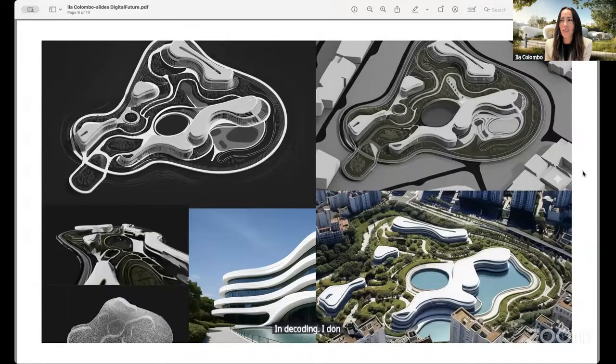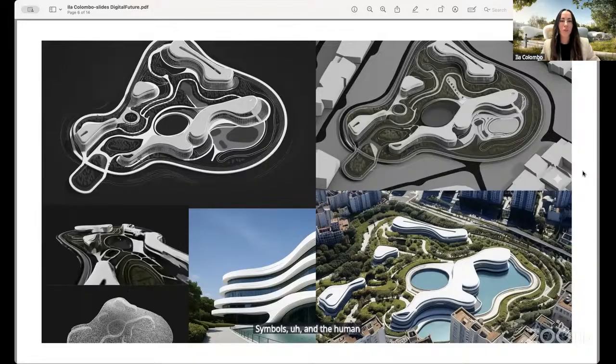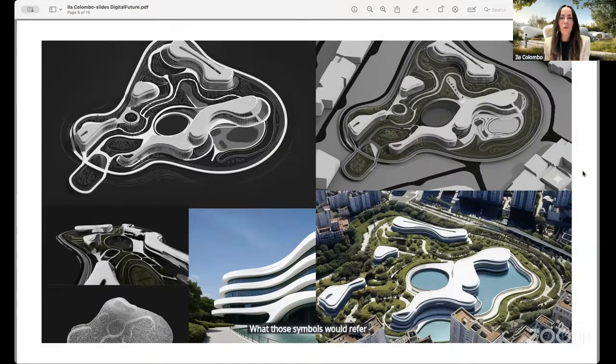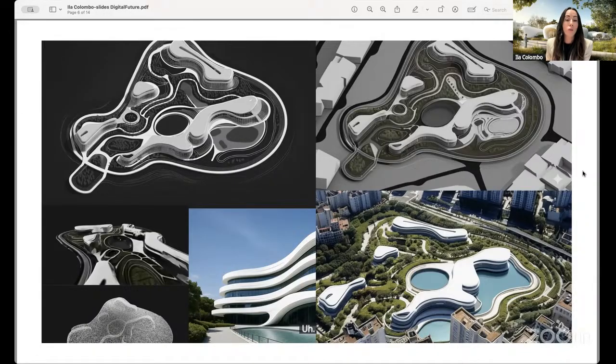I don't know if you guys ever saw the movie Arrival, when aliens arrive on Earth and they have very beautiful fluid liquid kind of ink symbols. And the human counterparts had to understand what they were trying to communicate, and they had to do massive, huge amounts of work trying to decode what those symbols would refer to and how to interpret them. Well, similarly, I had to find my own way in a very unusual and lateral manner